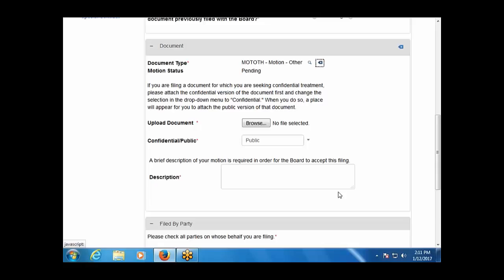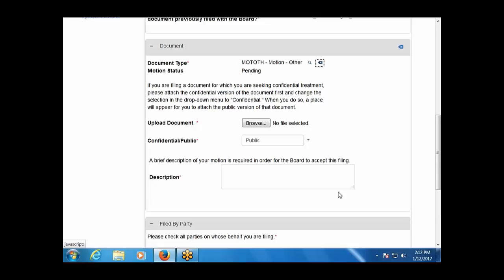If mailed or overnighted, can it be postmarked on the filing due date, or does it need to be in the clerk's office on the due date? So paper copies must be filed with the board and sent to other authorized parties within 1 business day of the date on which the document was filed using ePSP. And the date of filing via ePSP of the public version of the document will be the controlling date for determining whether a filing deadline has been met. So in other words, the